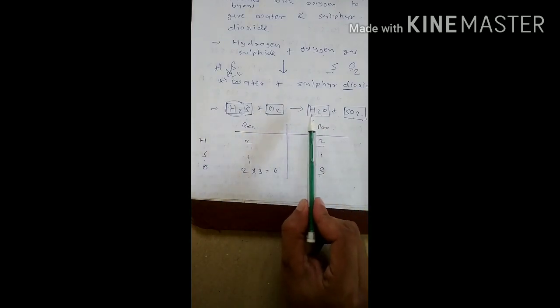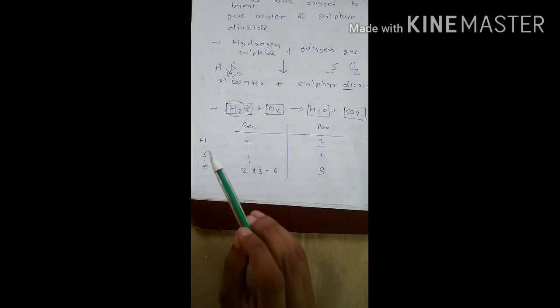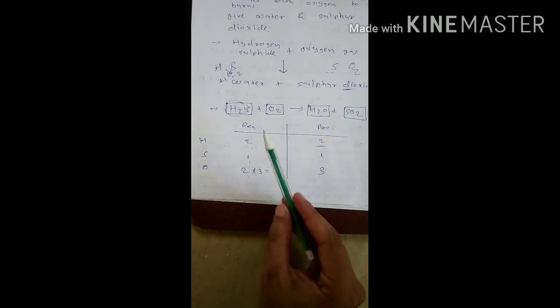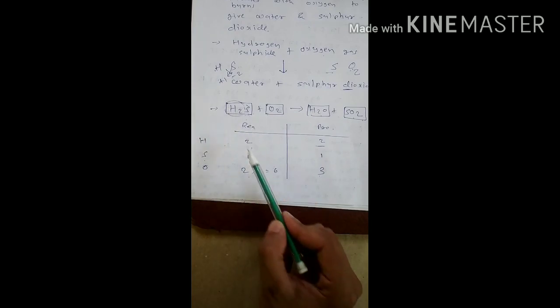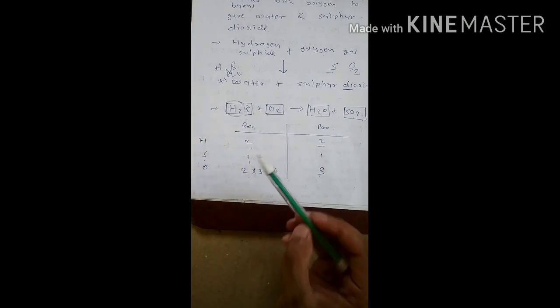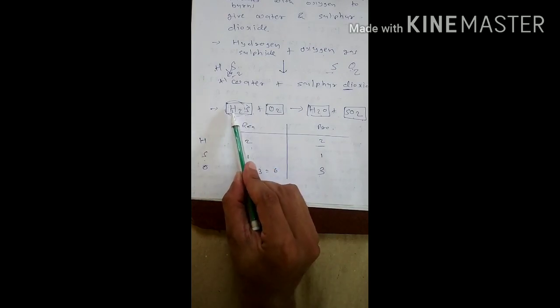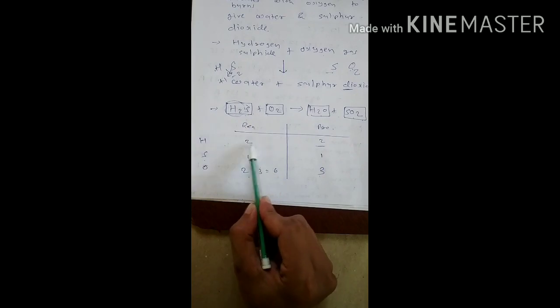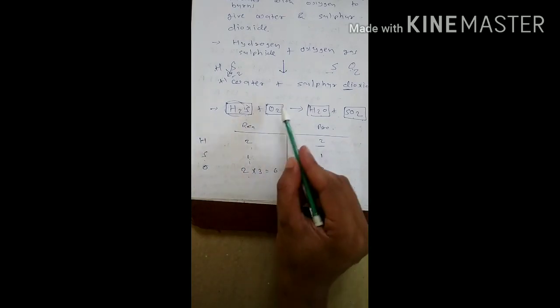The same way on the product side hydrogen, sulfur, and oxygen are there. Now on the reactant side hydrogen is 2 atoms, sulfur 1 atom, and oxygen is 2 atoms. You can see here from the formula H2 means hydrogen is 2 times, sulfur is only 1 time, and oxygen,